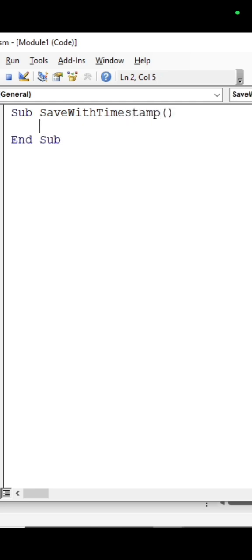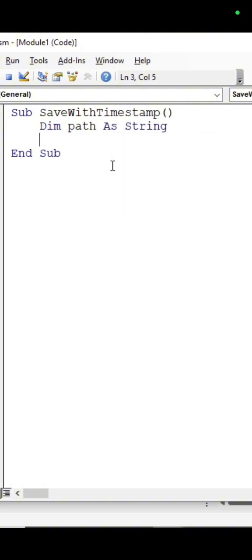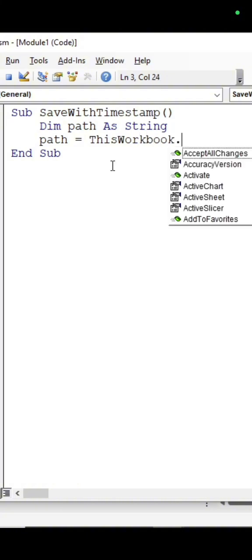Enter. Then I'm going to Dim it. Dim path as String. Enter. And then I'm going to say the path is equal to ThisWorkbook.Path